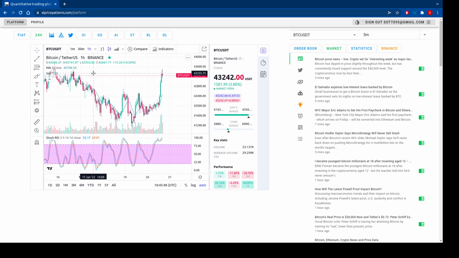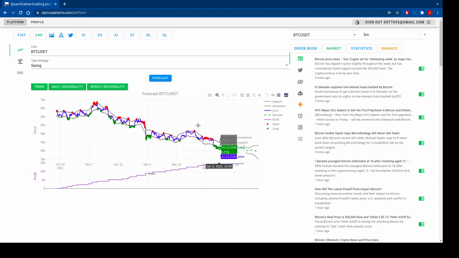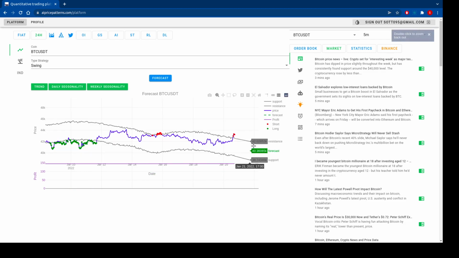And to understand this situation, what we need to do is click on forecast and let's analyze Bitcoin USDT in the middle term. We make a request and our artificial intelligence algorithm analyzes this price, and this algorithm defines a support and resistance channel, and you could see that now we have a red point, and it